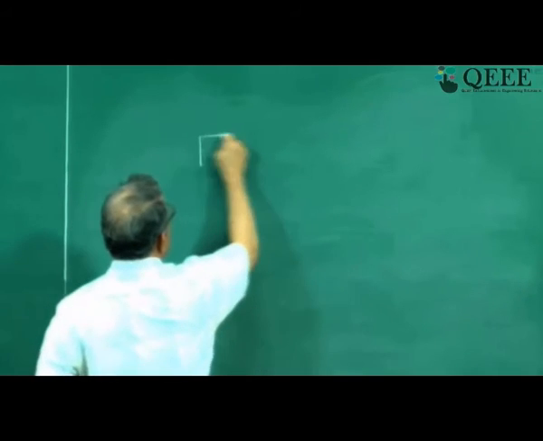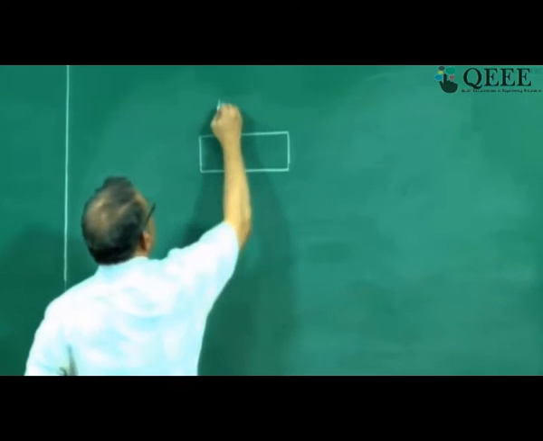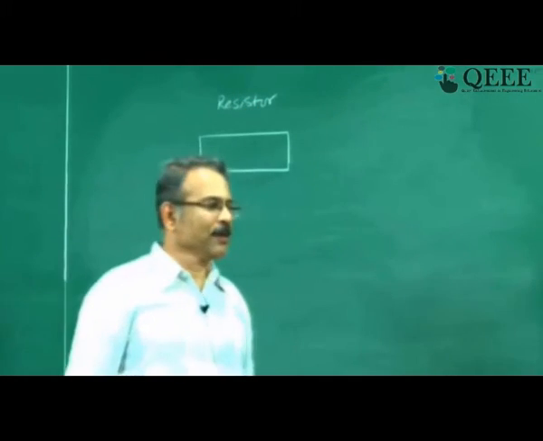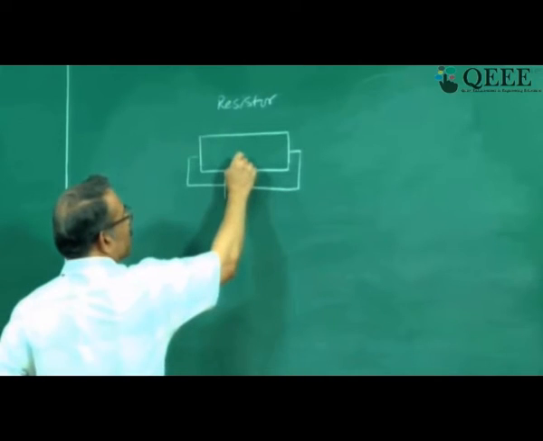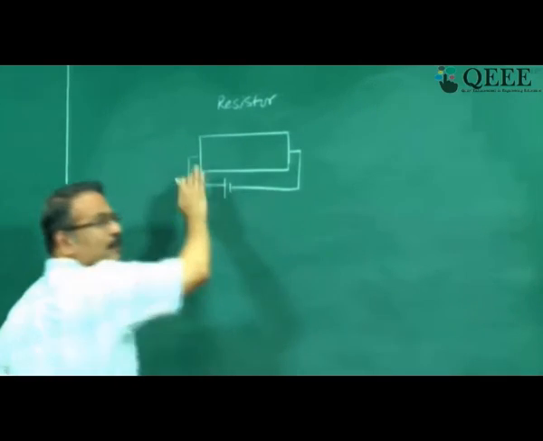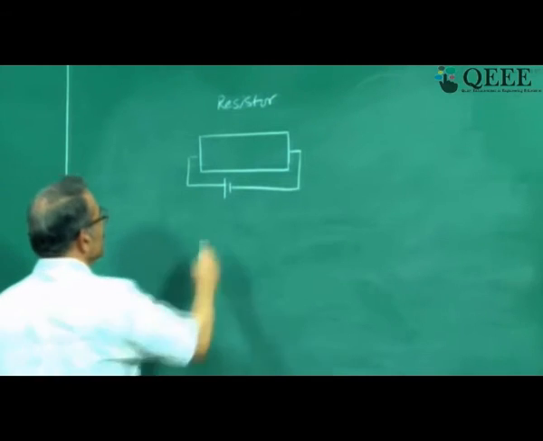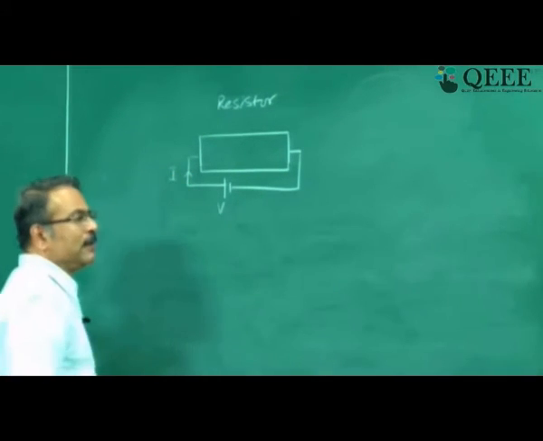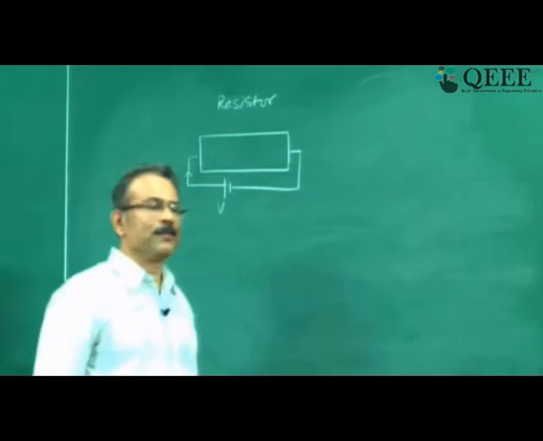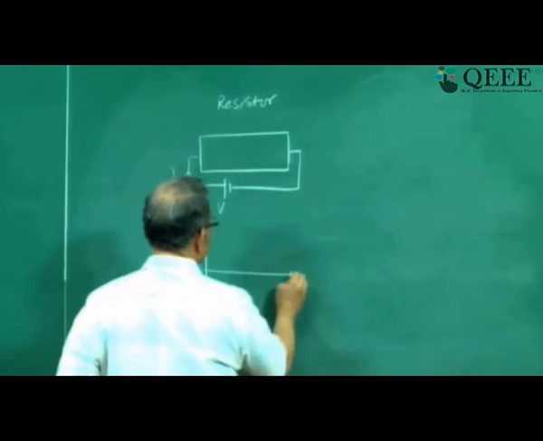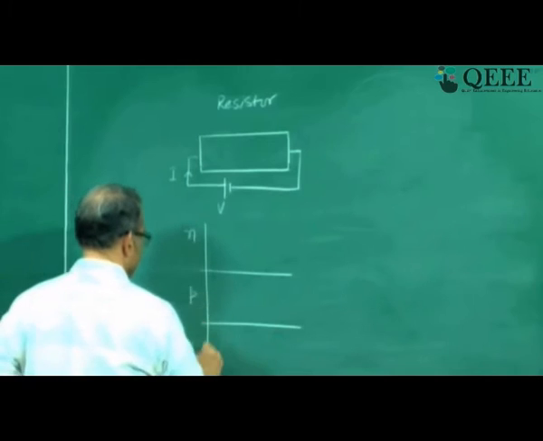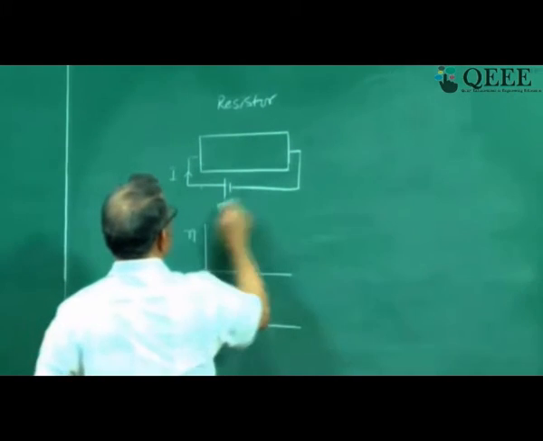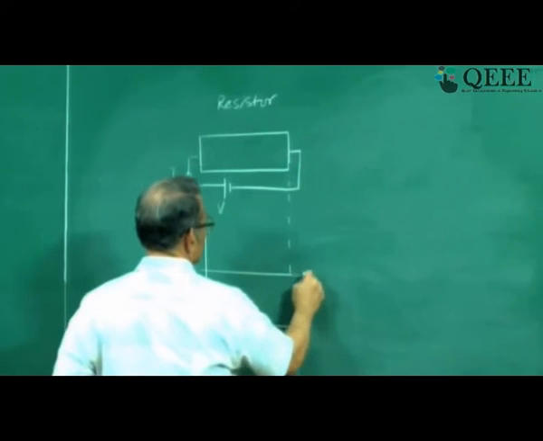Suppose I take a simple resistor. Okay, simple resistor, and I apply a voltage. So there is a semiconductor block which has uniform conditions inside. This is voltage, this is current. Now if I plot N, P and psi as a function of x,